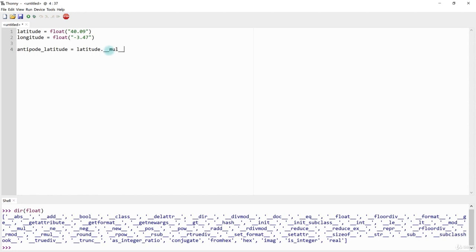So mul stands for multiplication, and it's a method that is a property of a float object. You'll see that if you use the help and do float, use the dot notation, mul, with leading and ending underscores, and press enter,